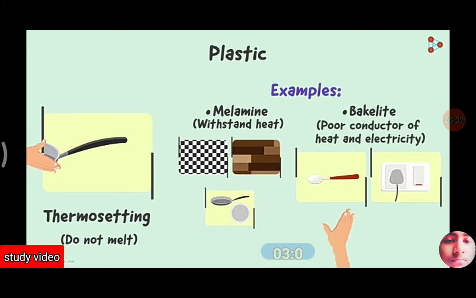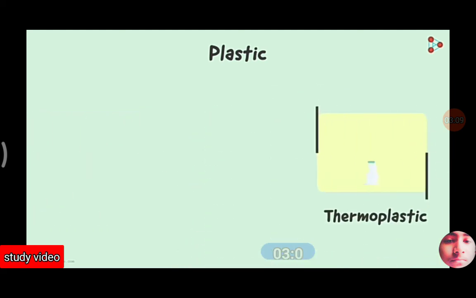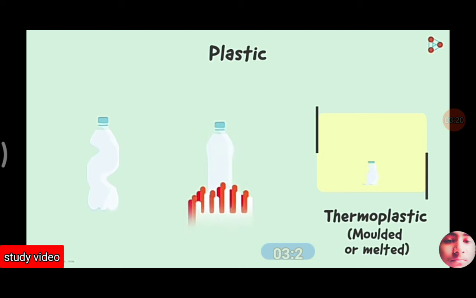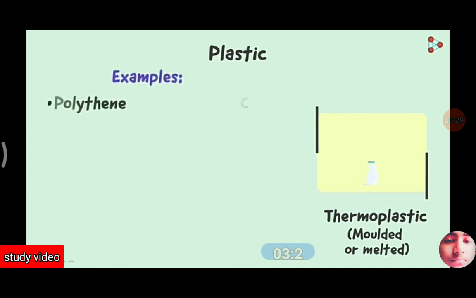What could be the properties of thermoplastics then? In contrast to the thermosetting type, these can be molded or simply melted on heating. Yes, thermoplastics can be easily bent or heated to remold it into various forms. And do we know any such type used daily? Absolutely. Polythene and PVC are the most common ones.